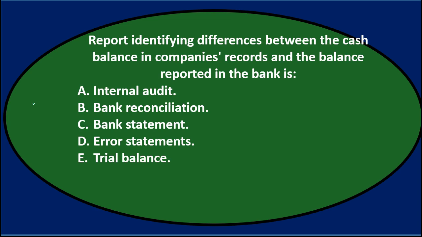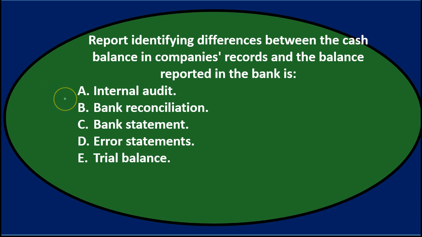Next question. Report identifying differences between the cash balance in a company's records and the bank balance reported in the bank is A. Internal audit, B. Bank reconciliation, C. Bank statement, D. Error statement, or E. Trial balance. So we'll read through it one more time, see if we can cross some options off with the process of elimination. Report identifying differences between the cash balance in the company's records and the balance reported in the bank is